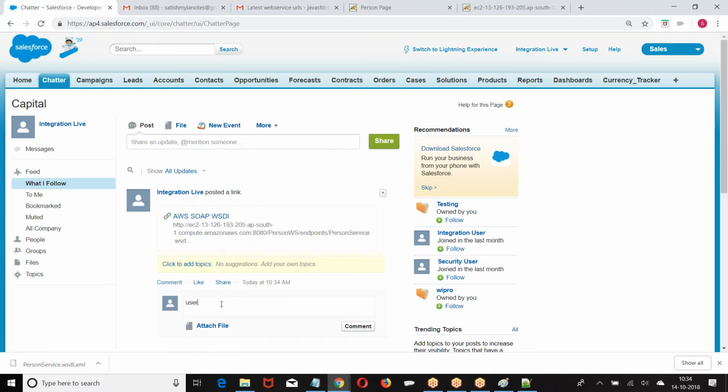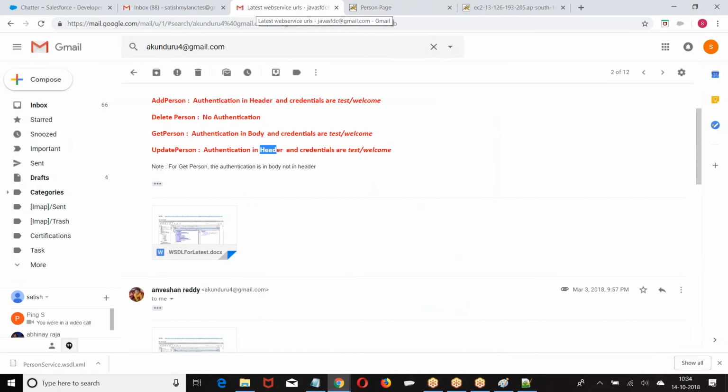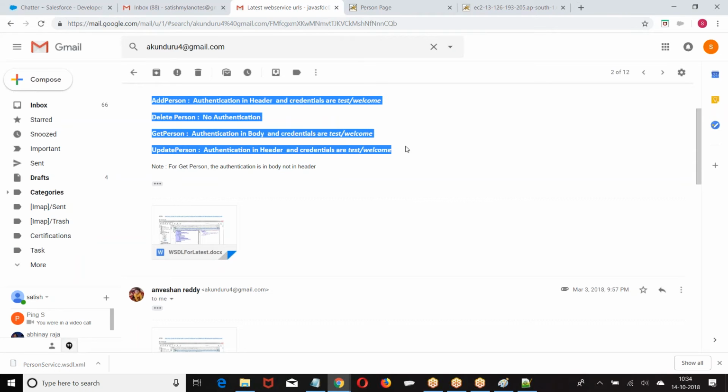We can use that file, and the authentications we are using.